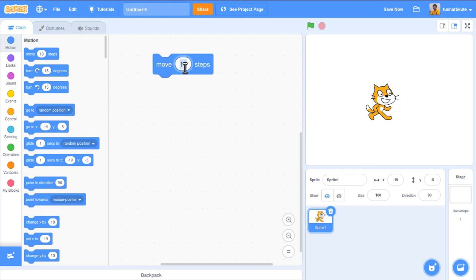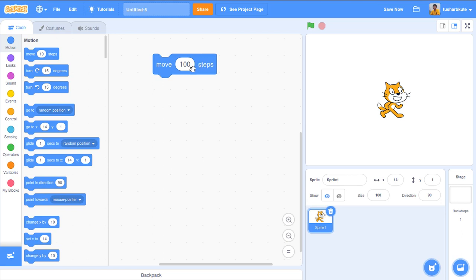I just selected this. I don't require 10 steps, I require 100 steps now. Click on this. See, it's moved by 100 steps, almost 10 times the original 10 steps. Again click, again click. It's going out, so going out completely is not possible. I'll just drag it to the center position. Again 10, 100, 100, 100 like this. In this way, this animation of the character is possible by using the respective steps.